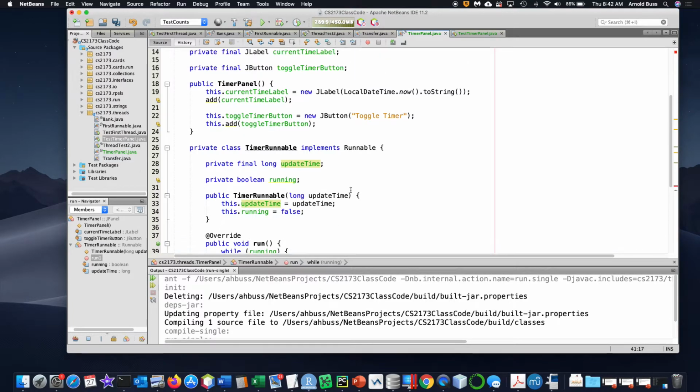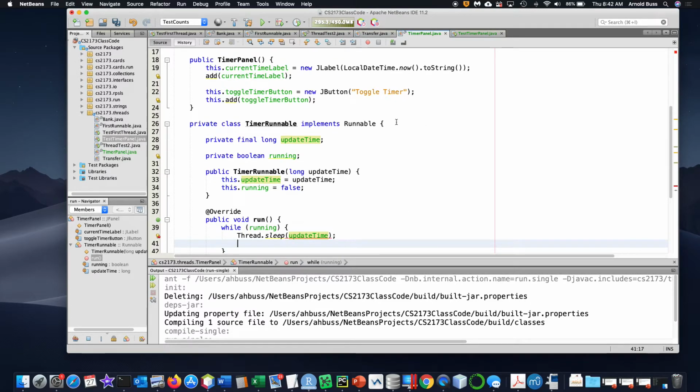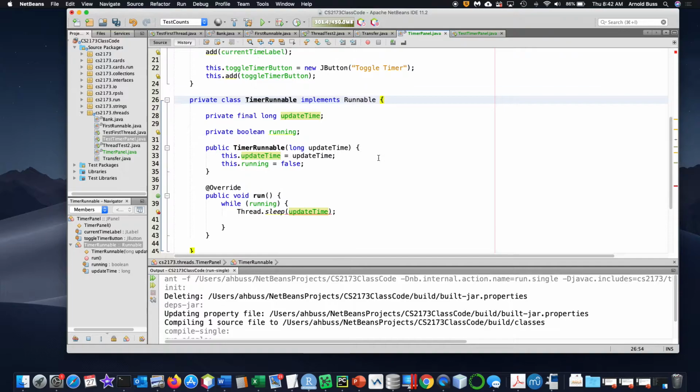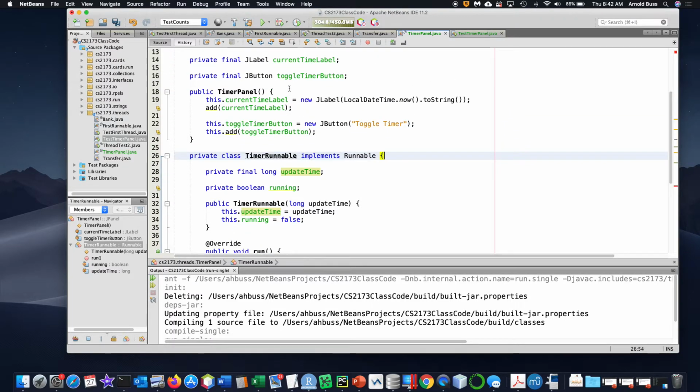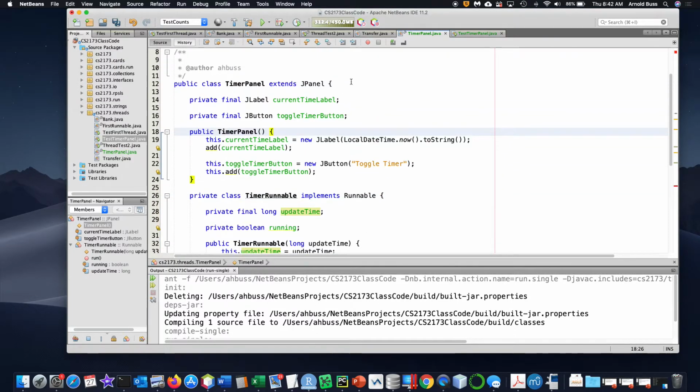And then, now remember the concept of scope. Because this inner class is within the scope of this outer class, the timer panel, it has access to